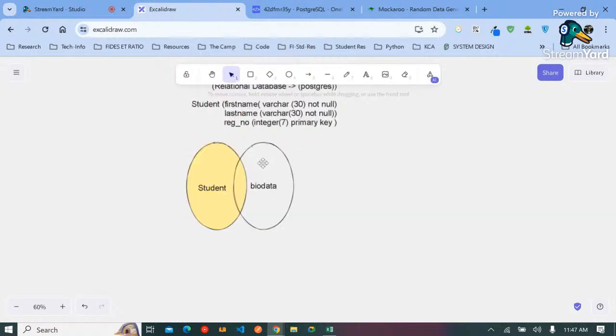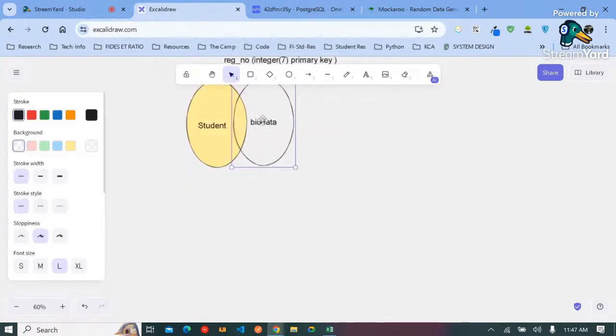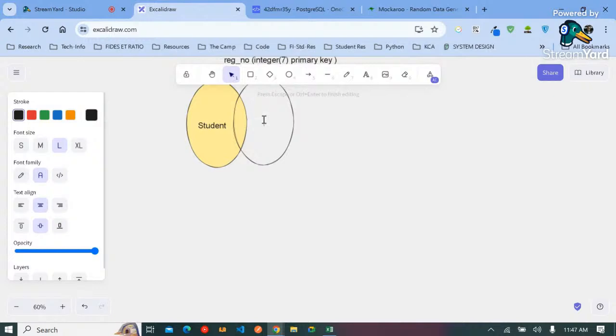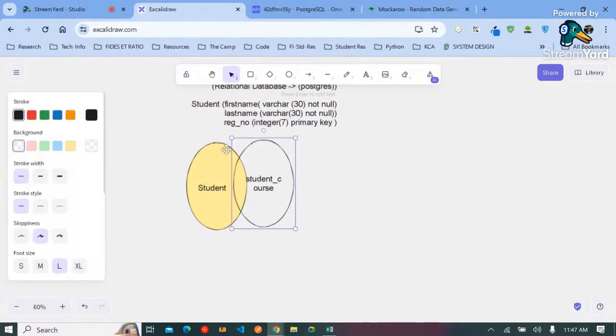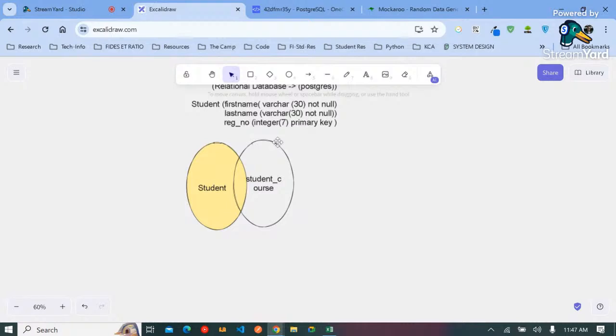So now in this case we have student and student course. With student and student course, what has happened is that when we do a right join, we get all instances of student that match any records on the student course table. But when you do a left join, it now becomes the opposite. We get everything from the student table